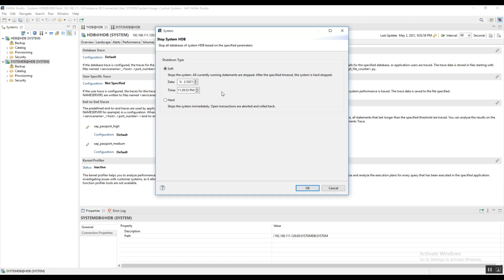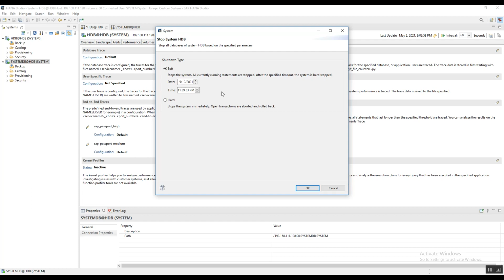So when the system starts again, it will definitely take a longer time because of the necessary transaction rollback and the greater volume of redo log that must be applied.